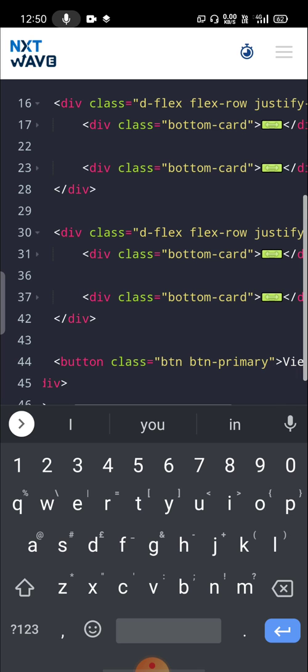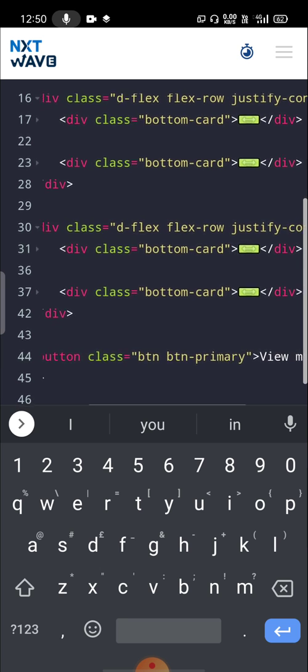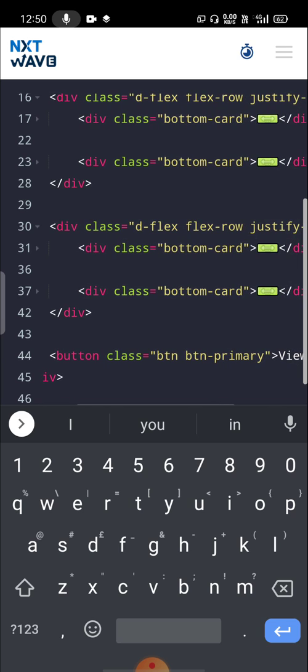And I wrote the syntax for the button, that is button, and I used Bootstrap default buttons, that is btn and btn-primary. btn defines a button and btn-primary gives you a blue color button like this.